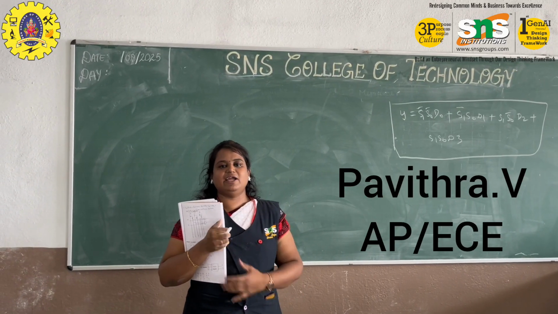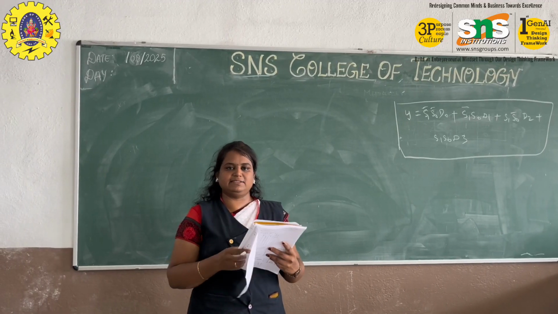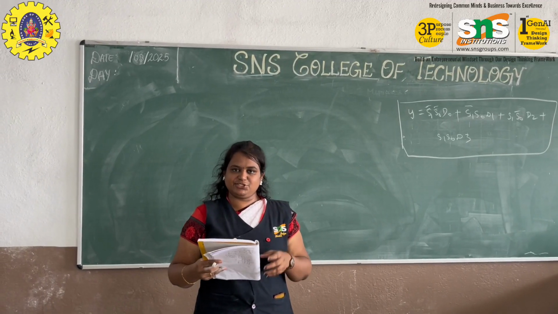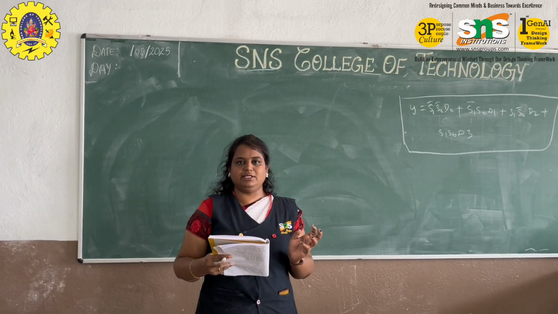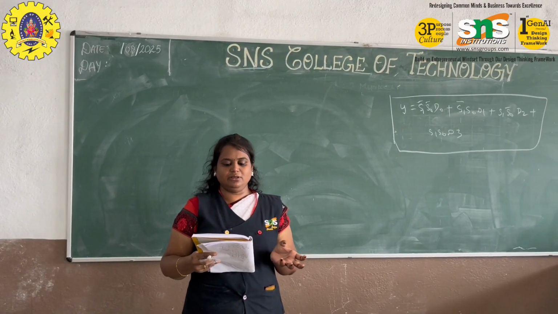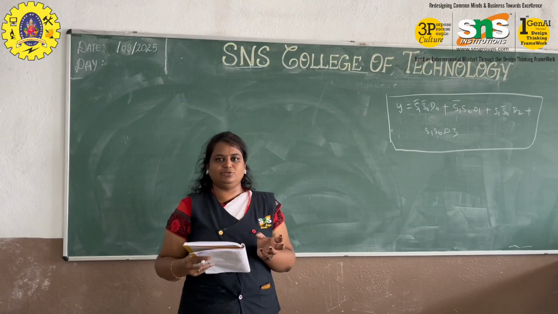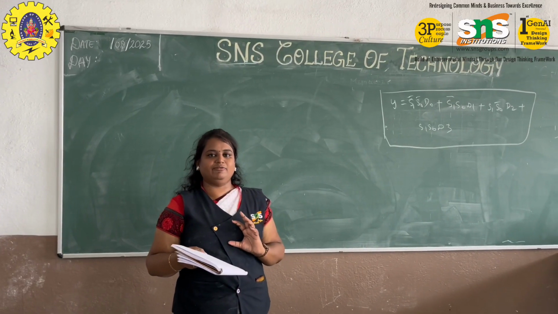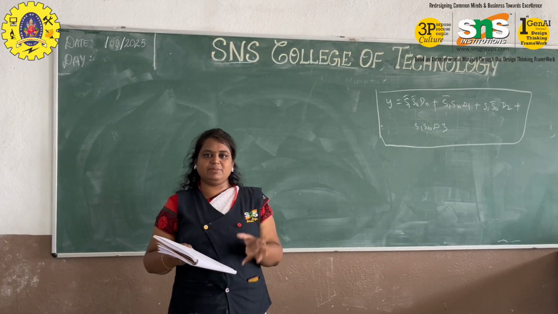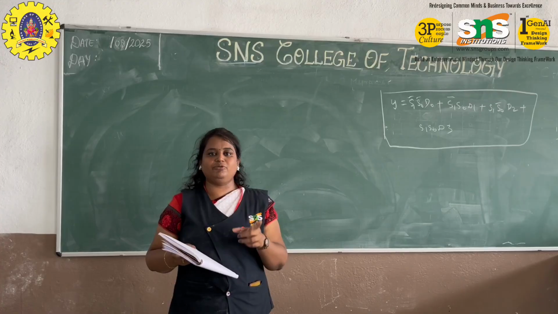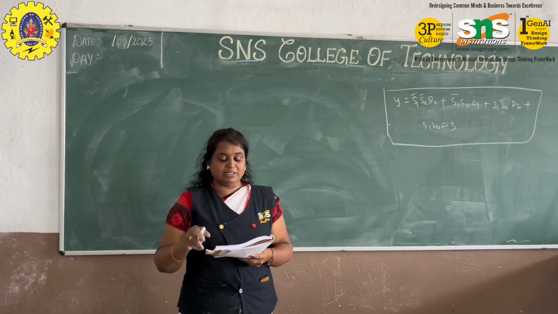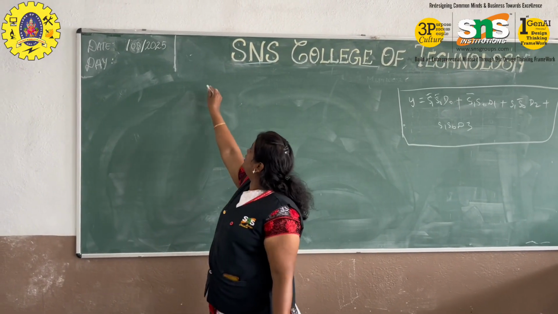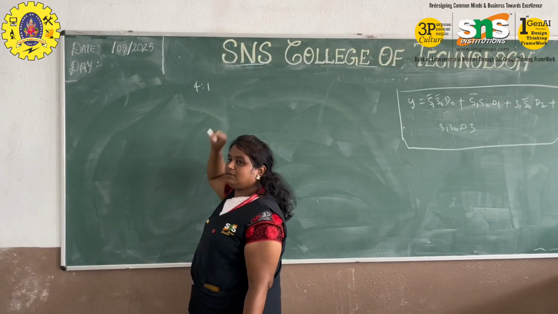In the last class we discussed the multiplexer. The multiplexer is a digital circuit that allows the digital information from several sources to be routed into a single output. That means many inputs to a single output. If we give many inputs, they will be compressed to the single output with the help of the selection line. In the last class we saw the 4:1 multiplexer.